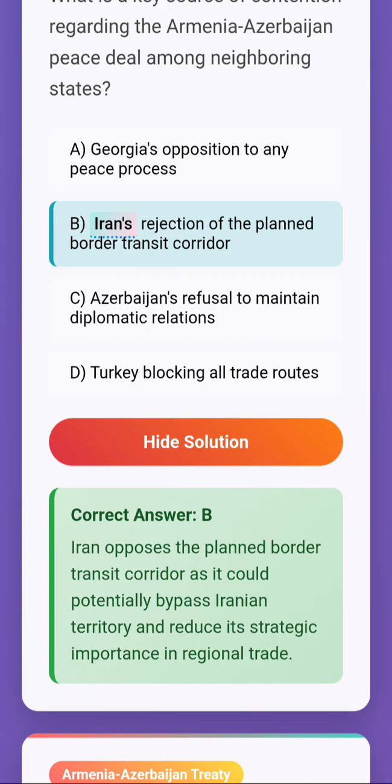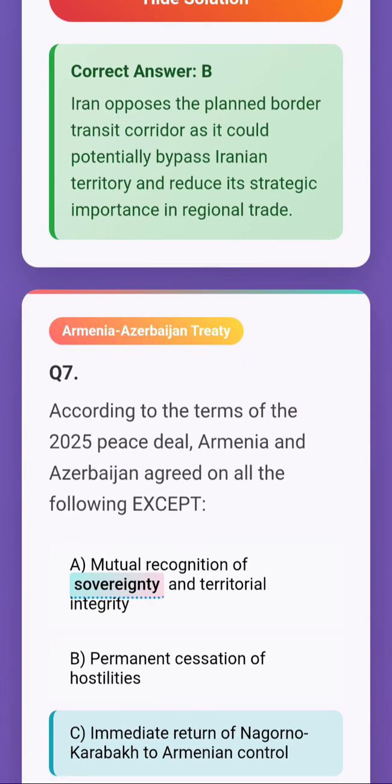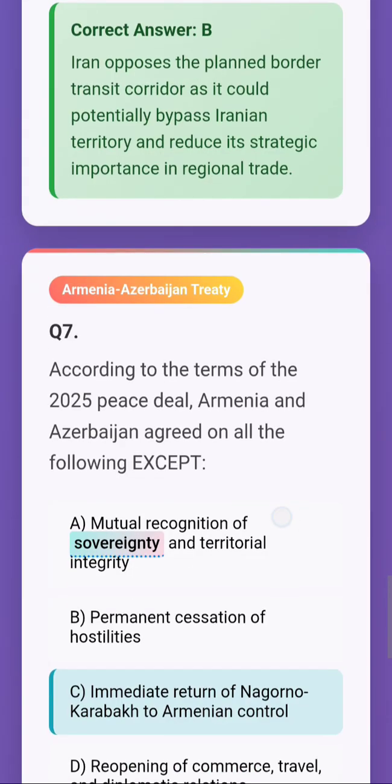Iran opposes the planned border transit corridor as it could potentially bypass Iranian territory and reduce its strategic importance in regional trade. Oh, so Iran will lose its strategic location benefits it was getting earlier if the transit corridor is built. So the seventh question, according to the terms of 2025 peace deal, Armenia and Azerbaijan agreed on all following